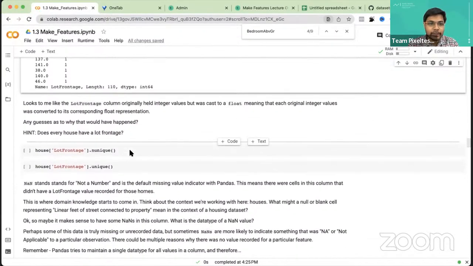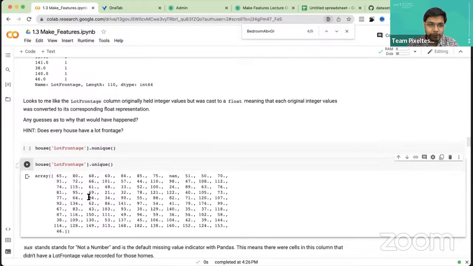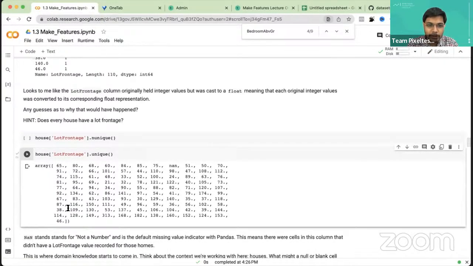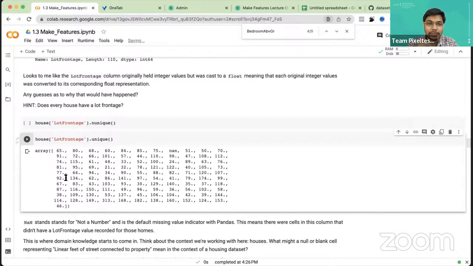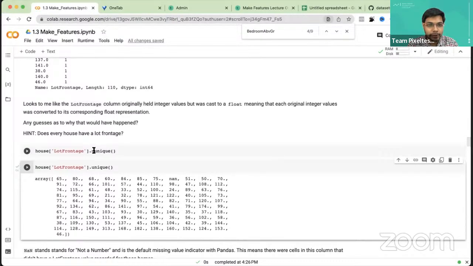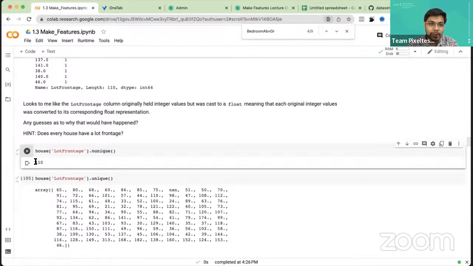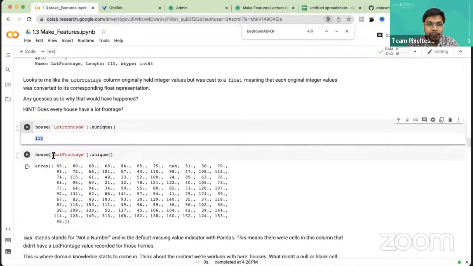So similarly, if we want to see what unique values lot frontage has, it will give you a list of all unique values, right? And if we want to see the count of unique values, it will give, you can say nunique. When you do nunique, it says 110 is the total number of unique values present in the column